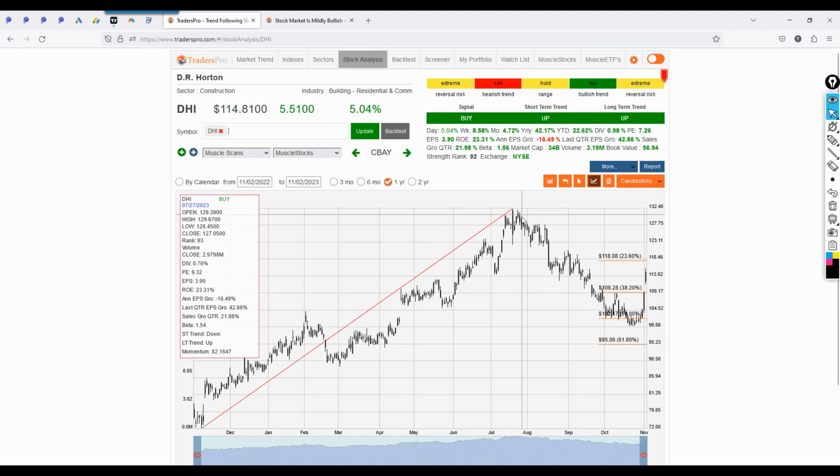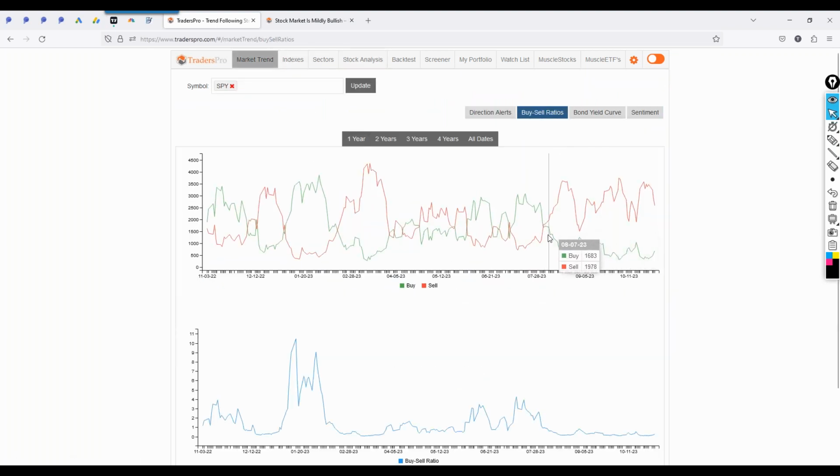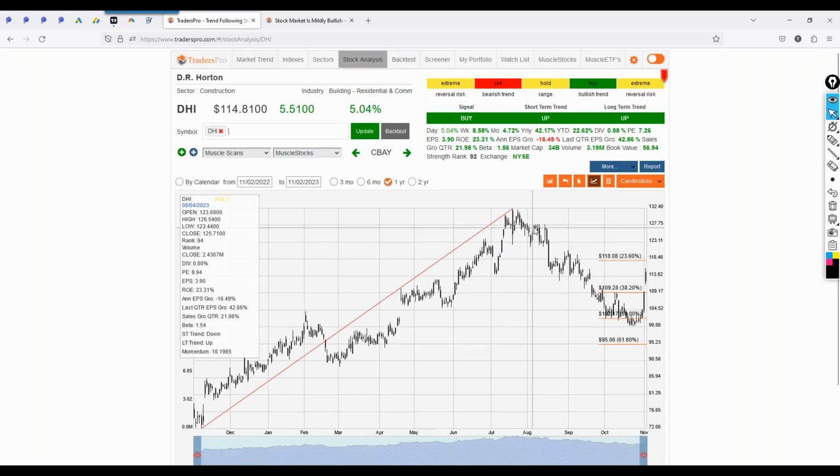So what's interesting too is, a lot of these topped out. You notice August right here, when we started to see buy sell ratio starting to adjust back here, August 4th, 5th, 6th, and started to move higher. And really we got this spread right here. And if we look at the date on that, we can see that, even into that August 10th, August 11th, if we go back and look at some of these stock patterns around that time frame, here's August, this is the top, August 8, 10 right here. So you're starting to see a lot of those stocks just topping out, buy sell ratios expanding, and then we've had this correction, and really for the vast majority of stocks, they have been counter trending and retracing,